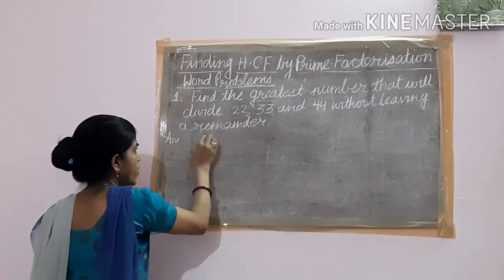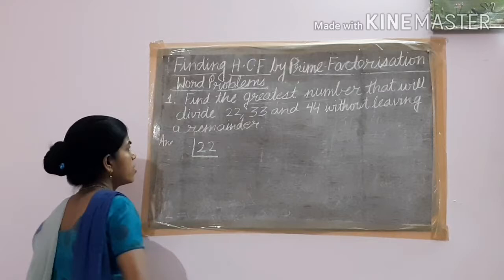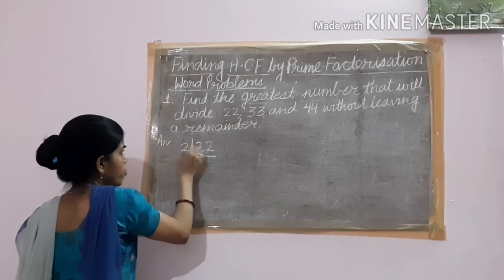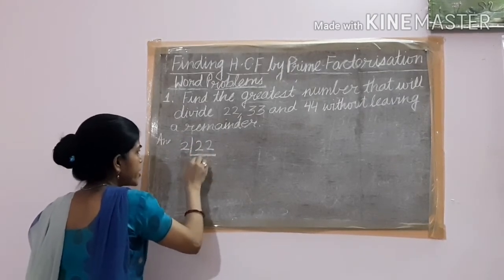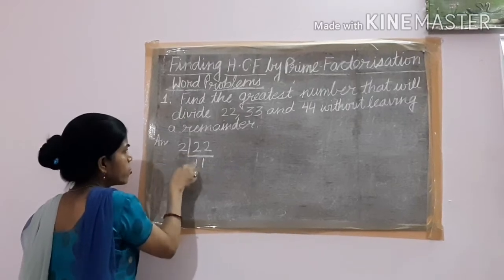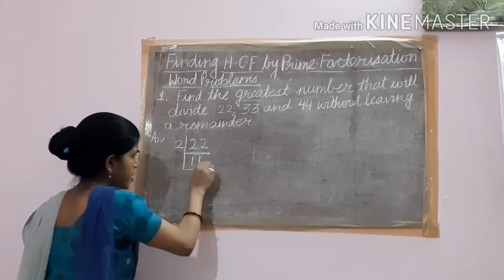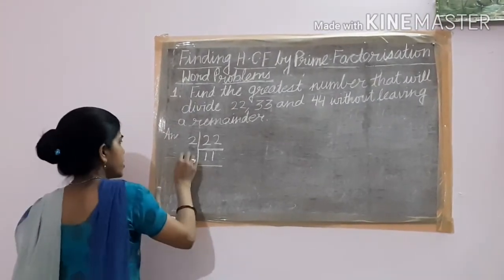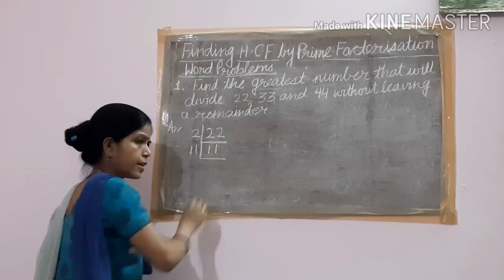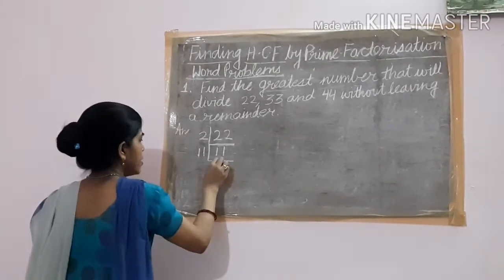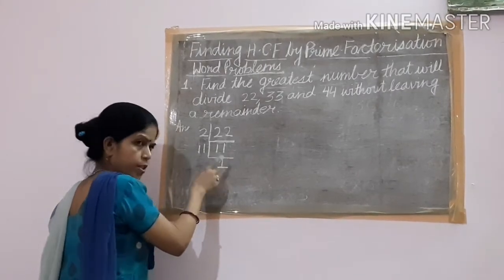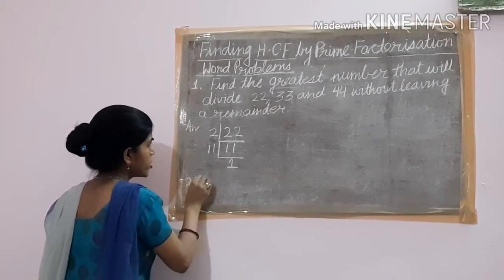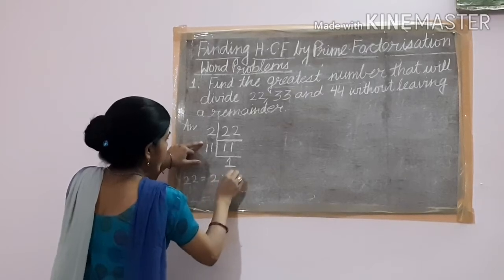So you start with 22 first. Divide by using short division, not long division. 2. Yes, 11 twos are 22. 11. 2 ones are 2, 2 ones are 2. Now 11. Is it coming in any table? 2, 3, 4, 5, 6, 7, 8, 9? No. 11 is a prime number. You divide it by 11 only because 11 has only two factors, 11 and 1. Quotient came here 1, so stop. So prime factors of 22 are 2 and 11.